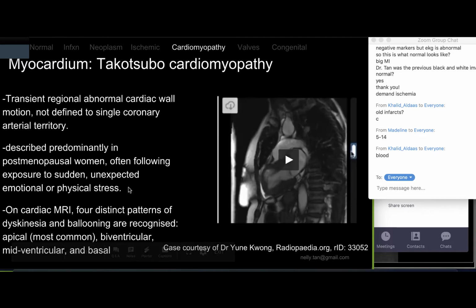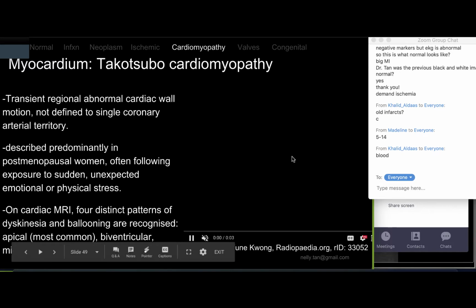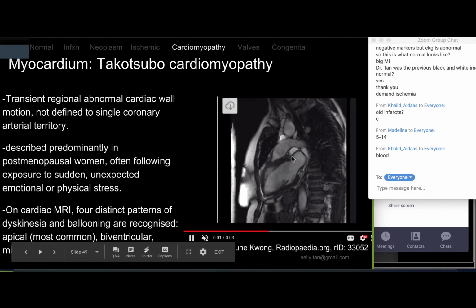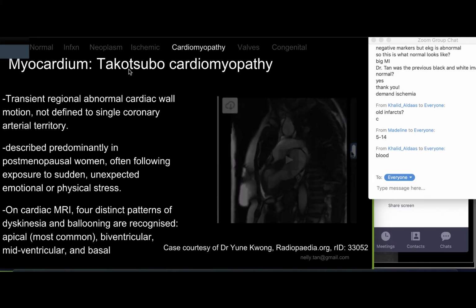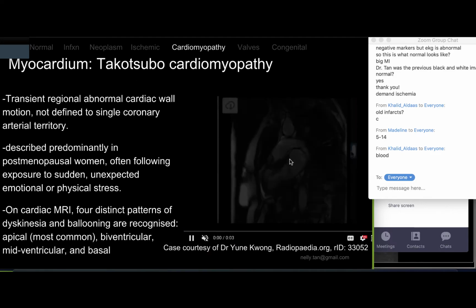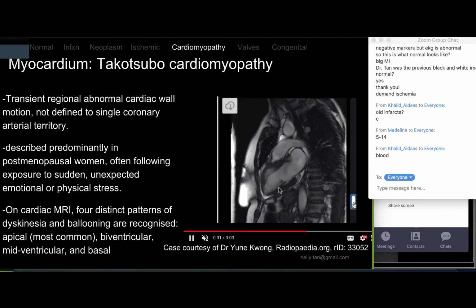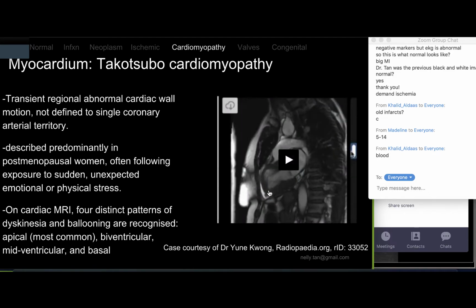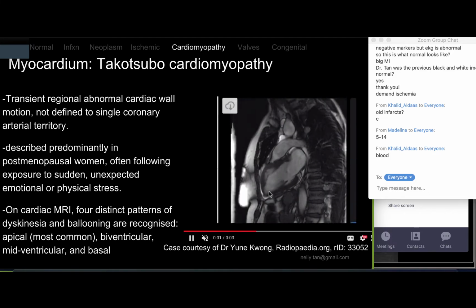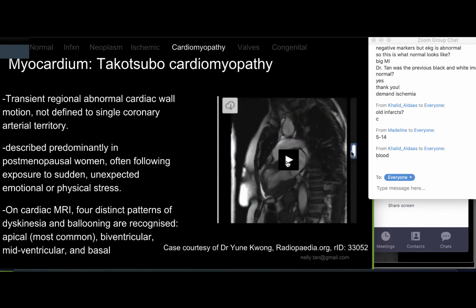Myocardium. Okay, so there's another type of cardiomyopathy called Takotsubo. This is on the USMLE content list, and we said you can have various complications of the myocardium after MI. Here, this is a patient with normal coronary arteries, and what you see is this bulging of the left ventricle. This happens in the setting